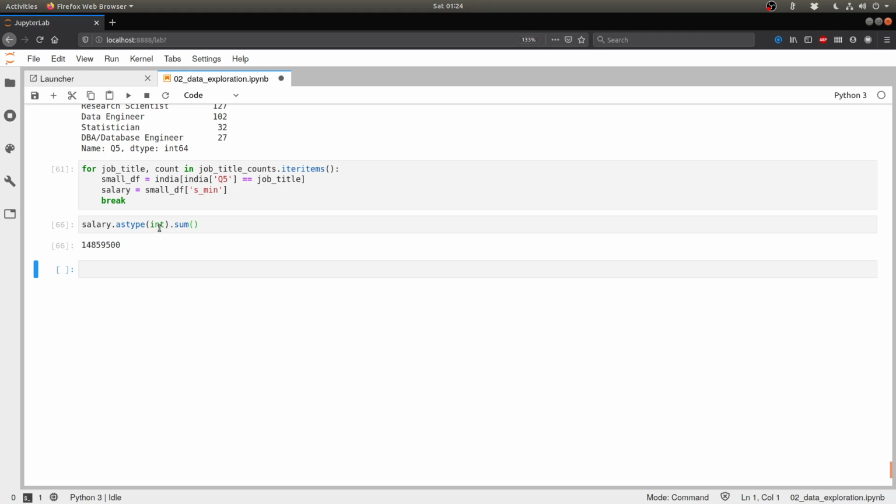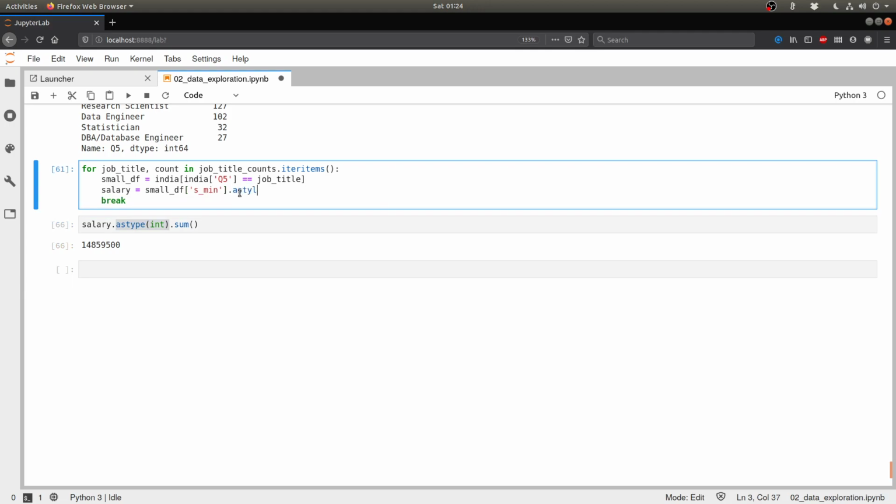What it did earlier was that it simply concatenated all the strings, which is why I was getting a big string. So when you do a sum on a column that contains strings, it's going to concatenate the strings. It's not going to produce the numerical result, even if the string actually represents a number. That is simply because we haven't done this astype integer step. So there it is. I can simply add this over here.